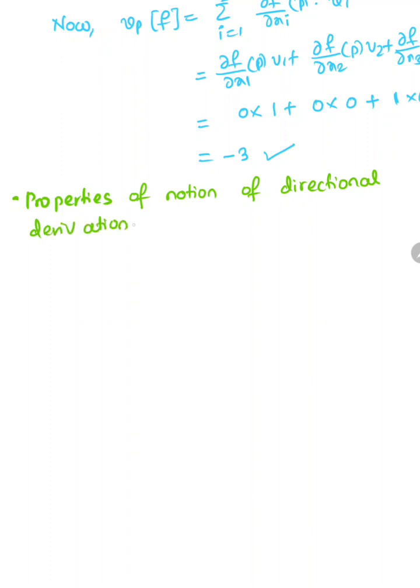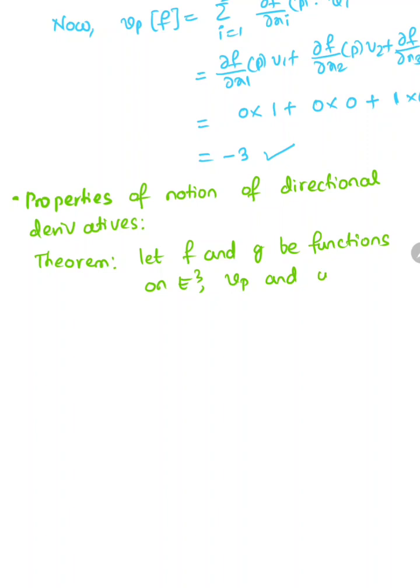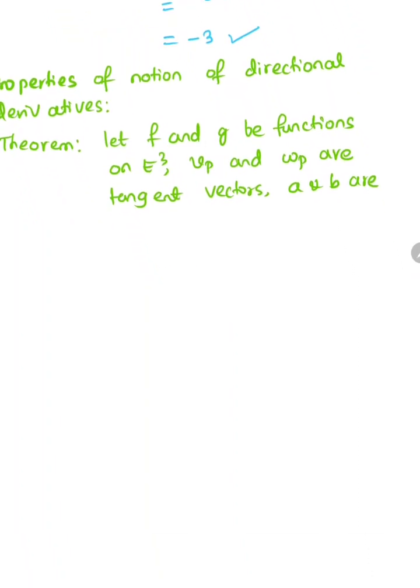So it is given in terms of a theorem which says: let f and g be functions on E3, Vp and Wp are the tangent vectors, A and B are real numbers or any scalars from the real field. Then